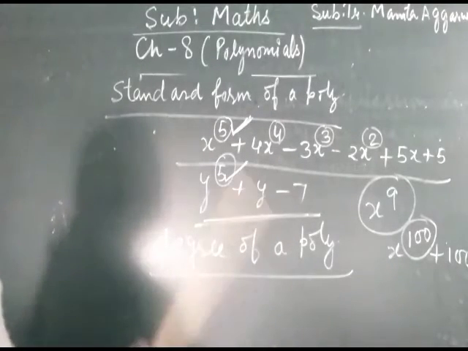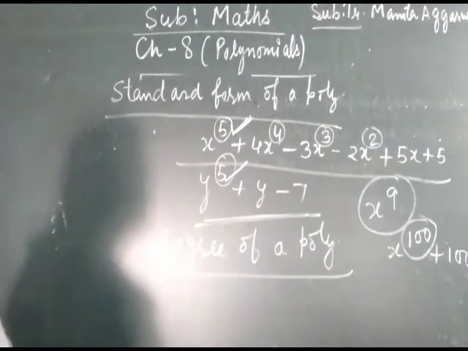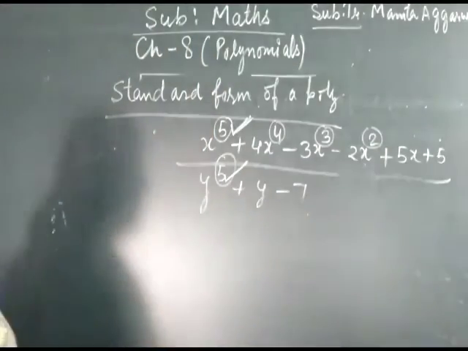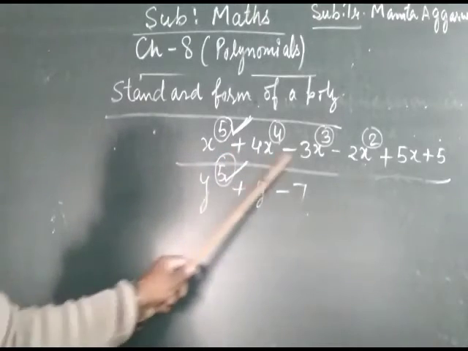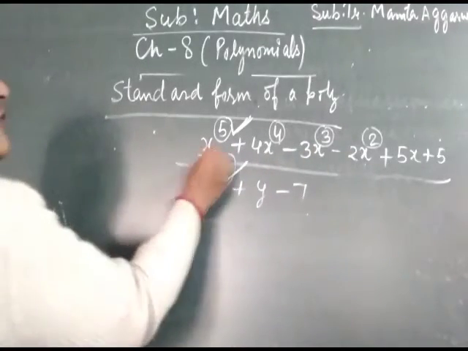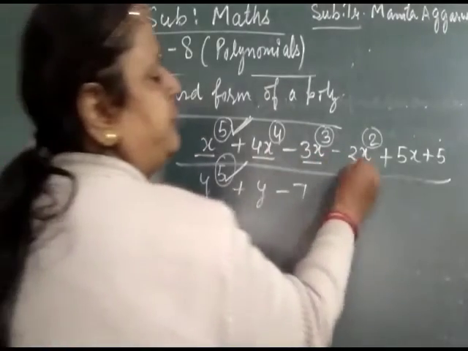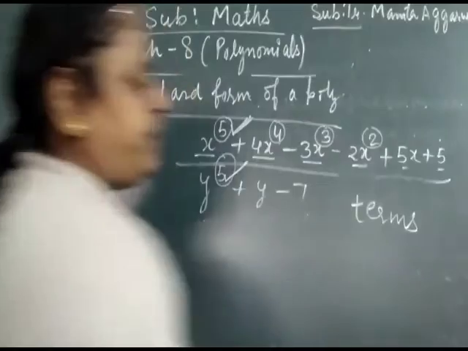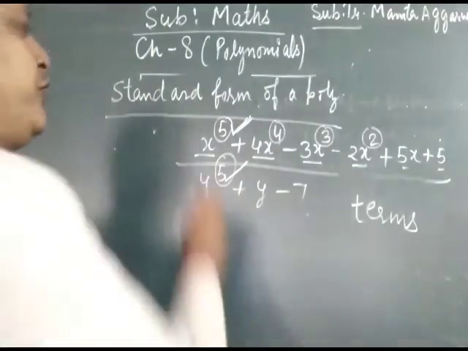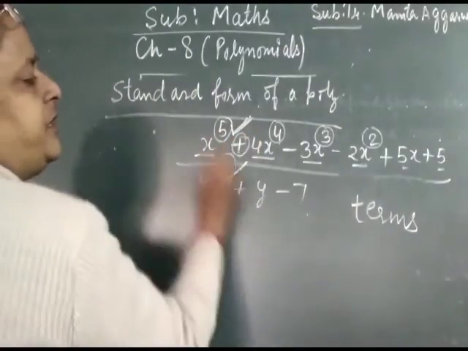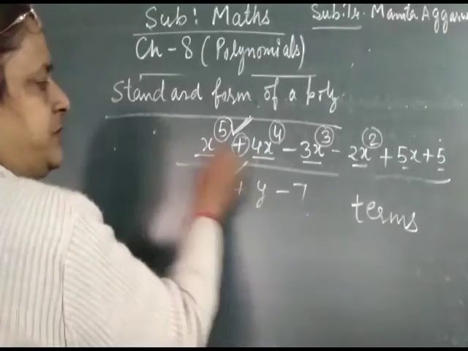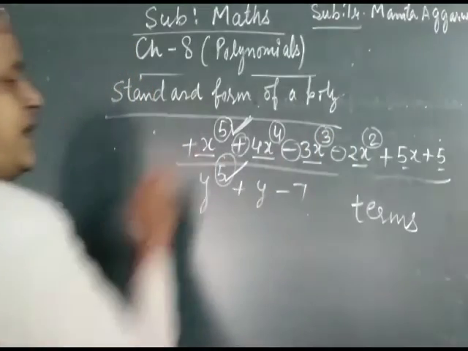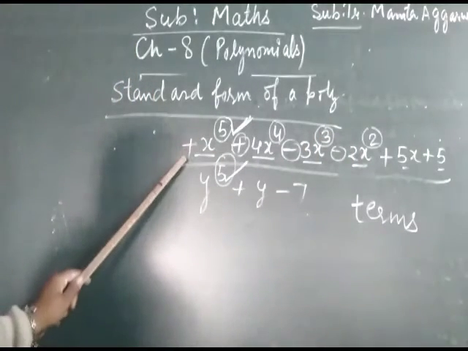And after that, I am discussing terms in a polynomial. Here so many terms are joined with plus or minus signs. This is the first term, second, third, fourth, fifth and sixth. These are known as terms. Simply we can say them as terms. If we see the sign before the term, here it is positive, it is negative, it is negative. So these are the signs before the terms.